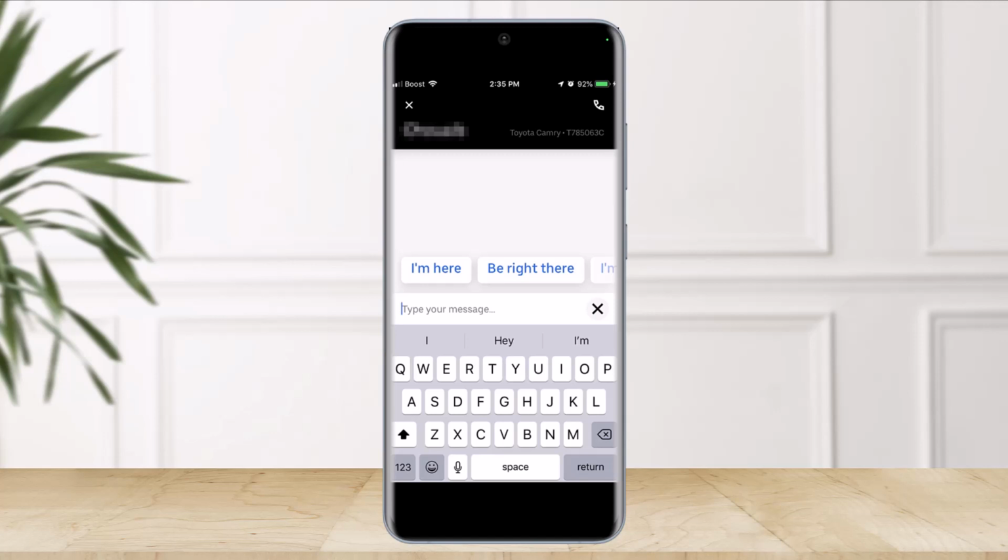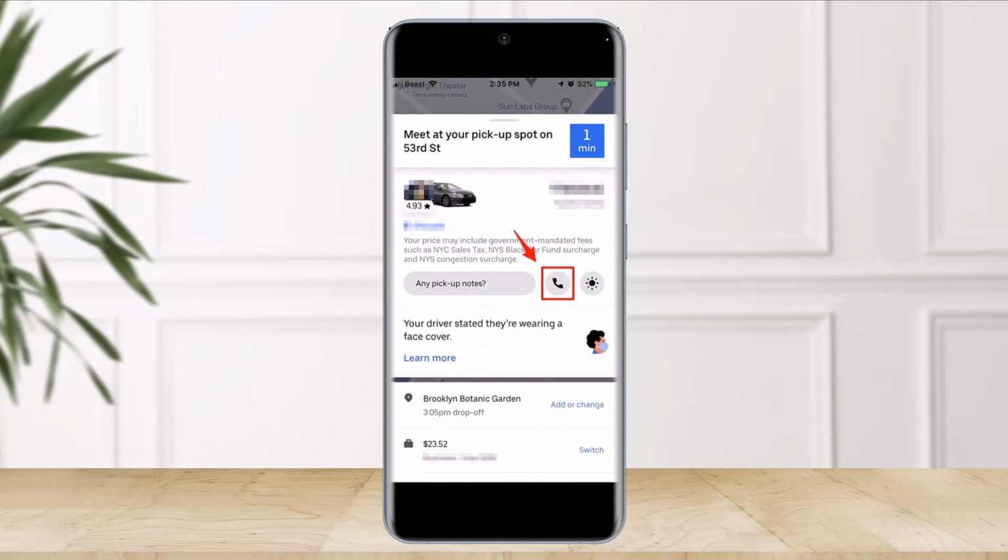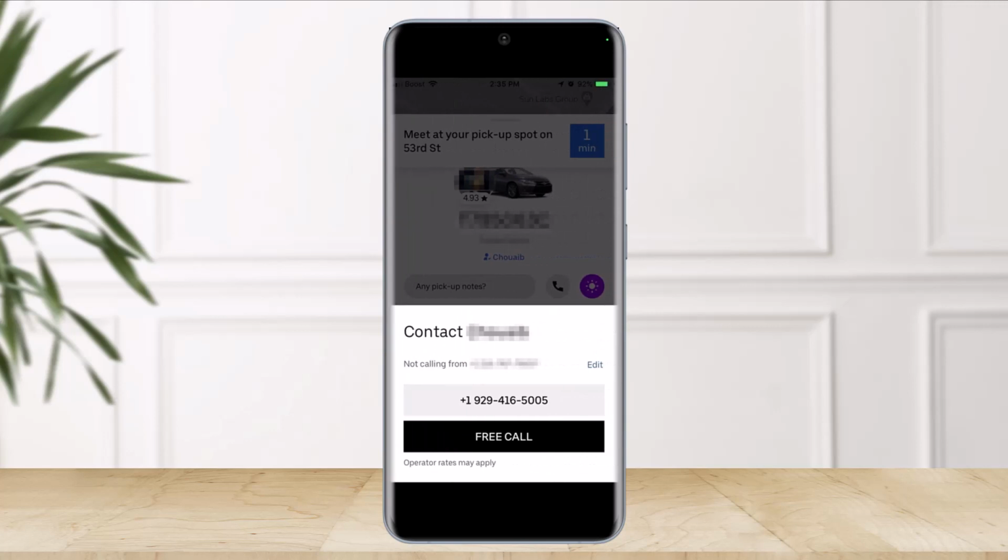But if you want to contact them by phone number, then what you have to do is, after you place your order, under the pickup notes section you'll find this little phone icon as well. Just tap on the phone icon in order to get in touch with that person's phone number, and after you tap on that little button, it will take you to a place where it will give you the